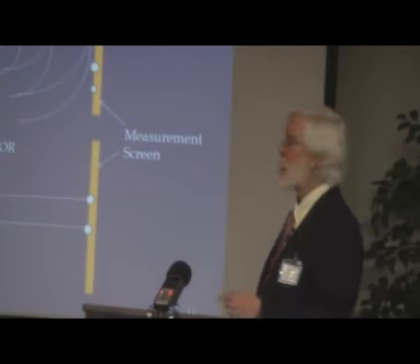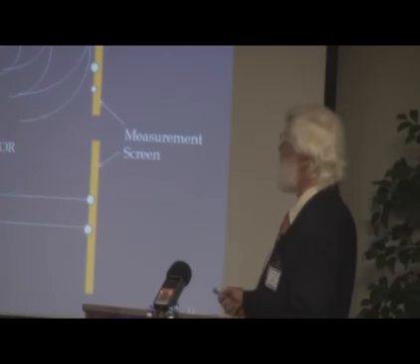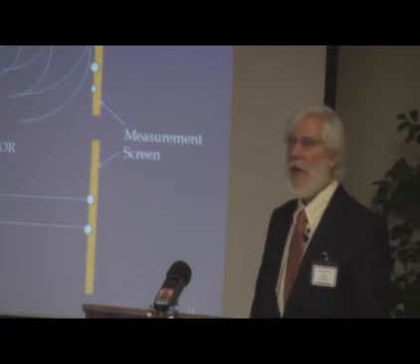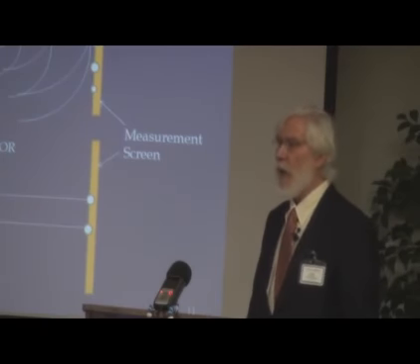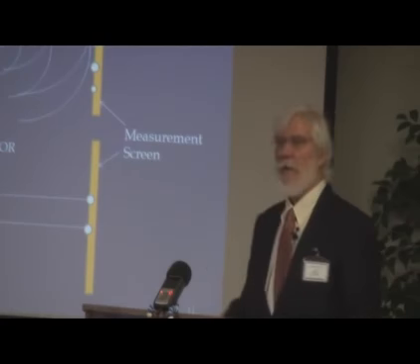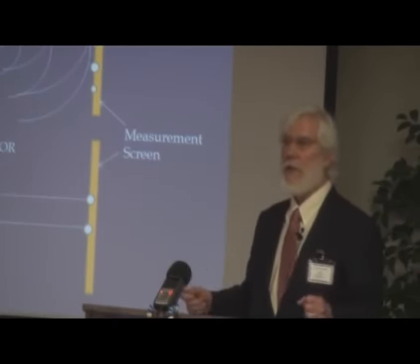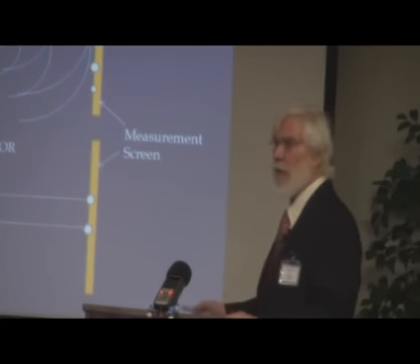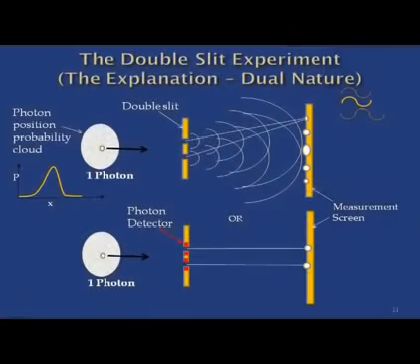So what he said was, let's say that this photon's really not a photon at all. It's just a probability distribution. Now, by that, I don't mean that the photon is somewhere and we just don't know where, and that's the probability of where it is. I mean that the photon doesn't exist as a particle. It's a probability distribution. So, given that, some of the probability goes through that hole, some of the probability goes through that hole.